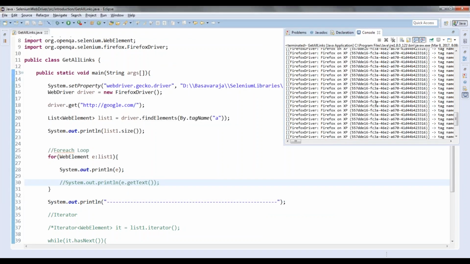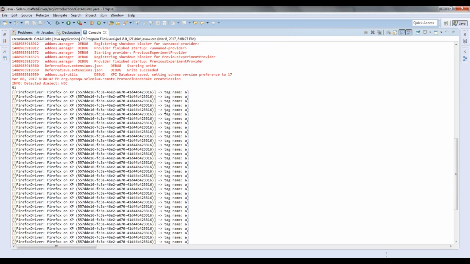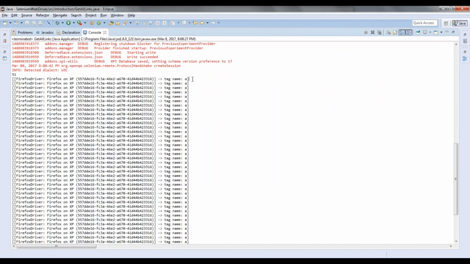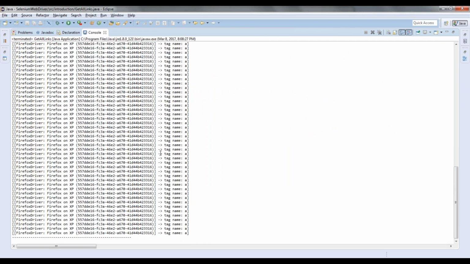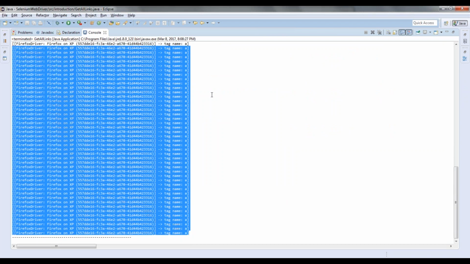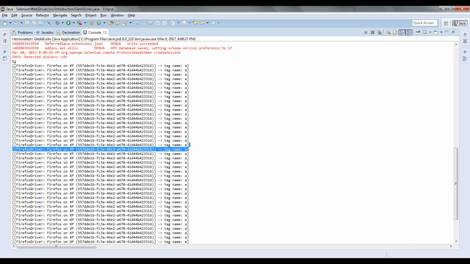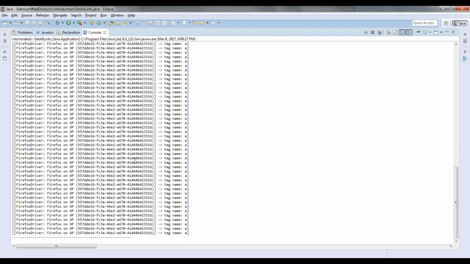You can see here, this is the output, and what it is giving, tag name A. This is an element. This element in an array list they are giving. Okay, this is a list. This entire thing is a list. You can see here that there is an opening brace and closing brace. This is the first opening brace and Firefox driver, and they are taking some reference, and then which tag? Tag A. You are understanding this? So it is returning a list like this.